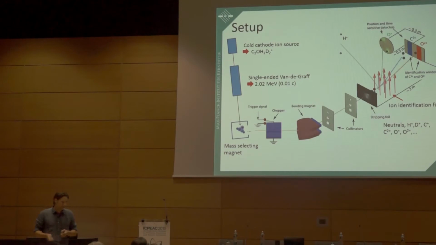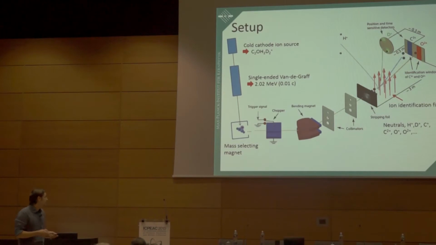Our setup looked then like this. We have a cold cathode ion source that produces a singly charged oxirane. We have a single-ended Van de Graaff accelerator that accelerates the molecule to 1% speed of light, and then, of course, a mass-selecting magnet, which is then followed by several more dipoles before the molecule enters, in the end, this